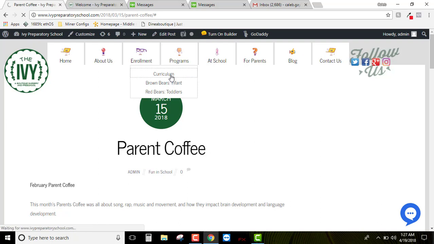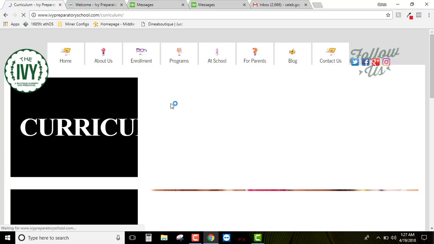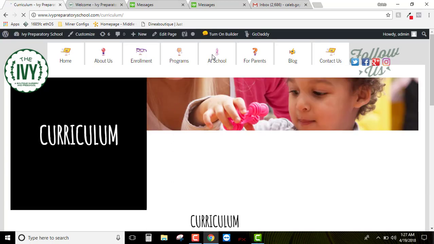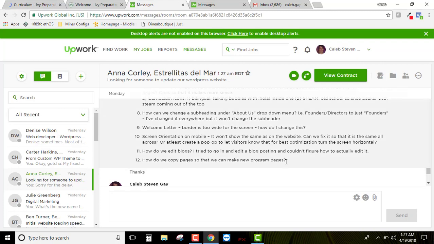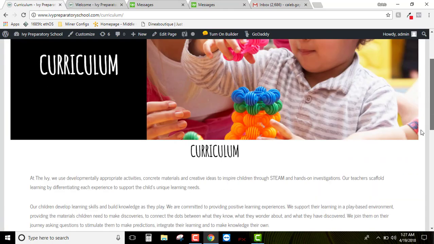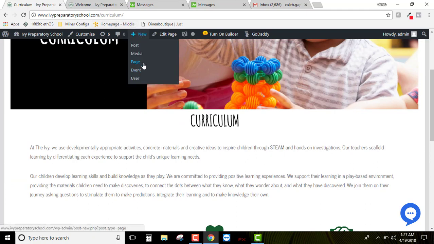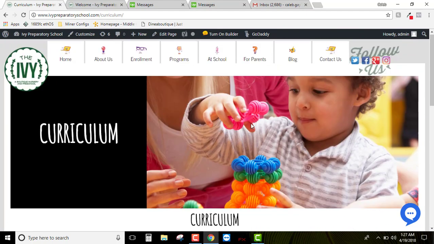Or I guess you're asking how can you remake these 3 pages. So let me make sure I understand your question correctly. How do we copy pages so we can make new program pages? And programs, one of those pages is curriculum. Okay, cool. So how would I remake this page? I would go up here, add new, create a page. That's off in the back end, right? And then as I turn on my builder,